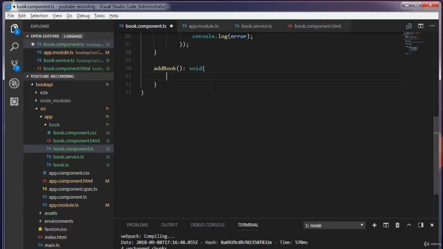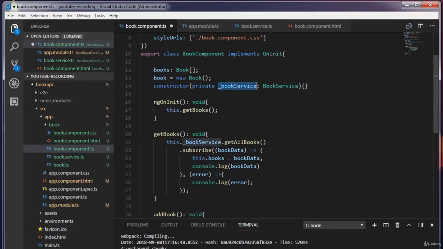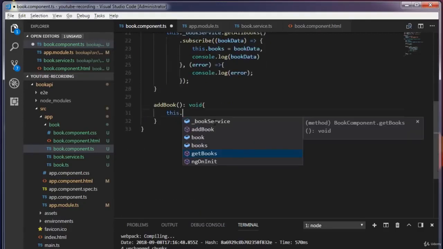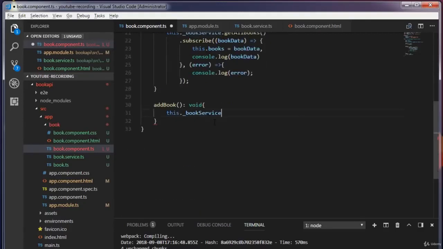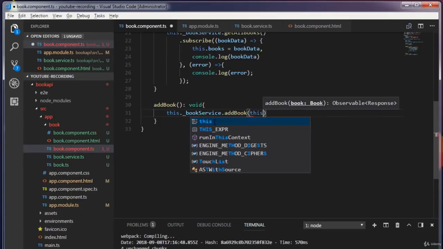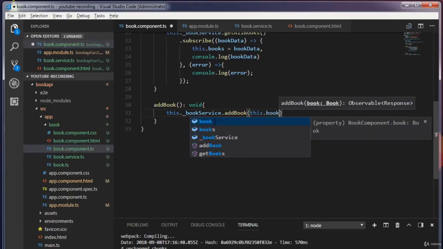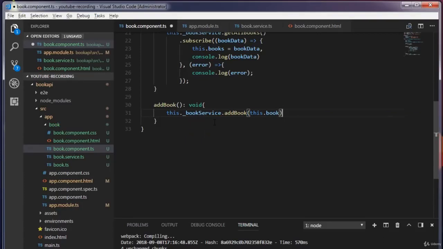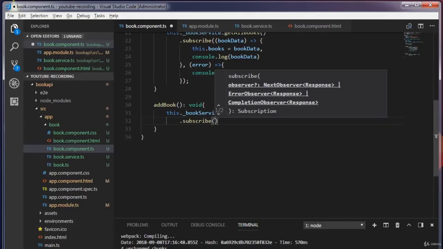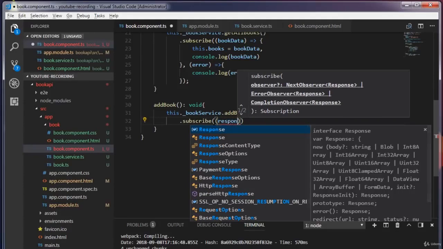Inside this, I will make use of this variable, which is bookService. this.bookService.addBook, which is our service method. To this addBook, we will pass the book object that we have created up above, this.book, and I'm going to call the subscribe method, and we will get the response once we subscribe to that method. I'm going to call this response,